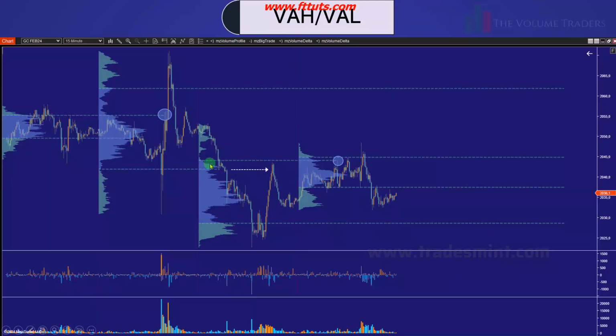So the highest row in the value area represents the value area high, so VAH. And the lowest row, so here and here, this is the value area low. As I said, these are key levels, but honestly, I mark them, but I don't use them all the time, because usually I'm trading the first part of the session, where the price is usually still in the value area, and I'm just aiming for